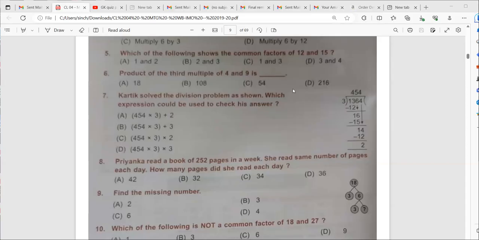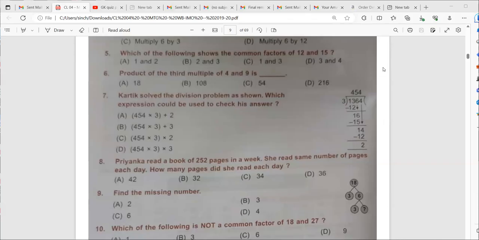4 into 9 is how much, Shaptagho? No, sorry, ma'am, the real answer will be B. 36, so into 3 is 108. Very good. Excellent. Debangshu, number 6 is correct. Tuhin, number 6 is wrong. Excellent, Shaptagho. Very good explanation and your answer is also correct.